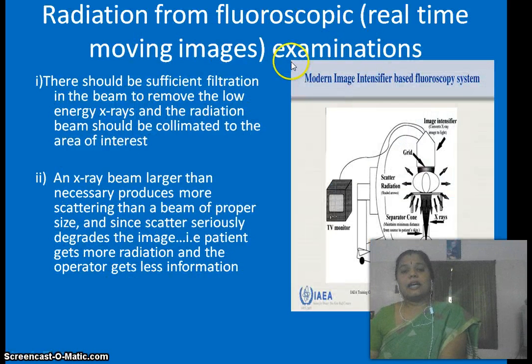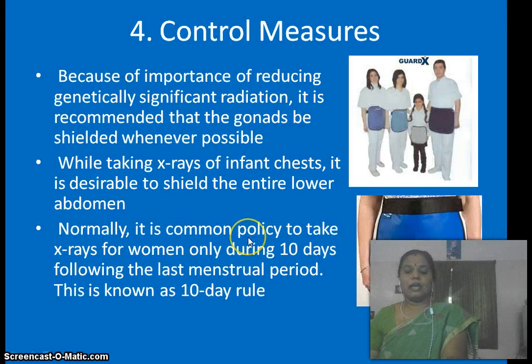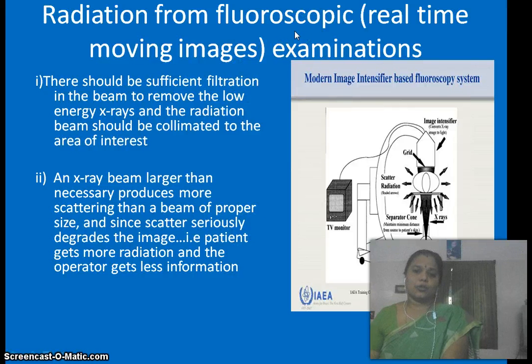And what are all the other radiations from the fluoroscopic examinations? So up to this we have seen 4 X-rays. And what is this fluoroscopic? Fluoroscopic is also an X-ray investigation, but it's real-time moving images taken with the help of the X-ray source. So there should be, again, the same methodology, same procedures. Here you could see the diagram of the modern fluoroscopy intensifier, where the X-ray tube is here. This is the beam area, patient, and here the image intensifier. The data are collected to the TV monitor or any data acquisition system to get the data in analog form as well as in digital form.